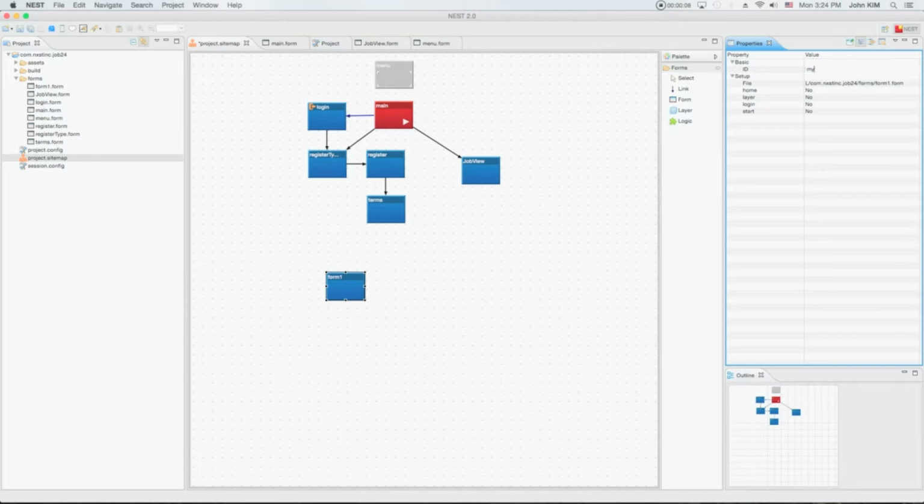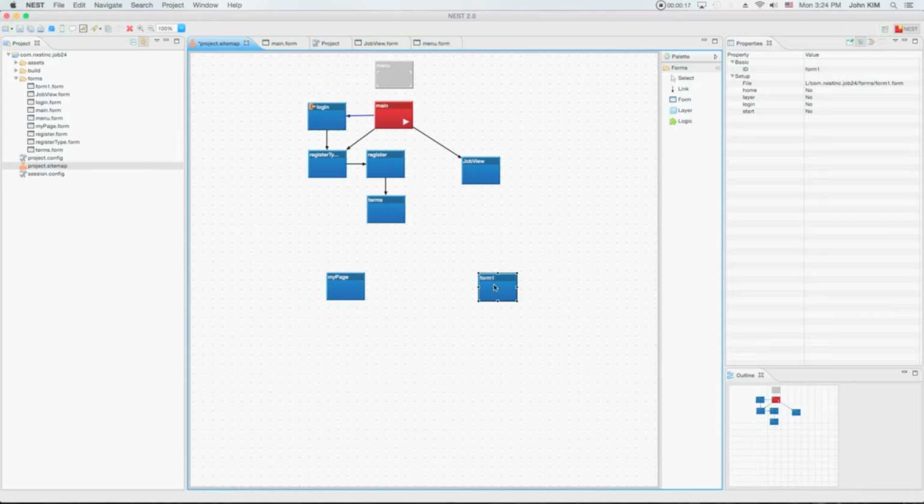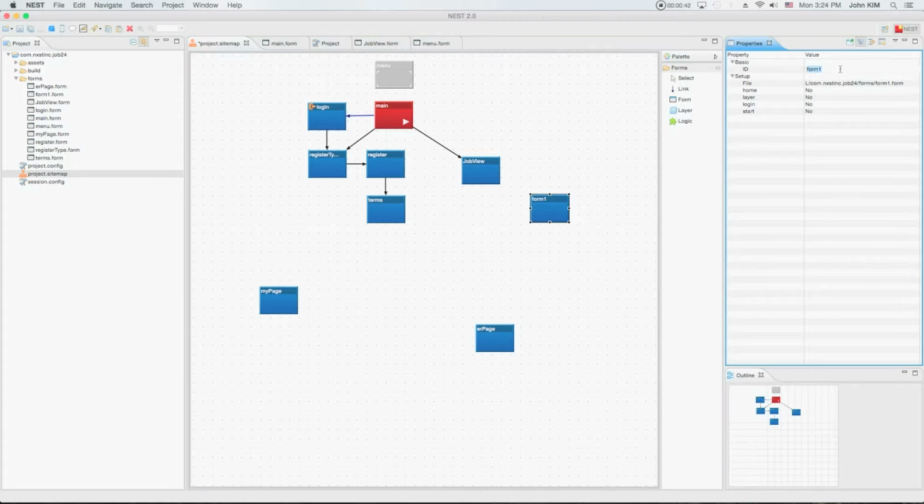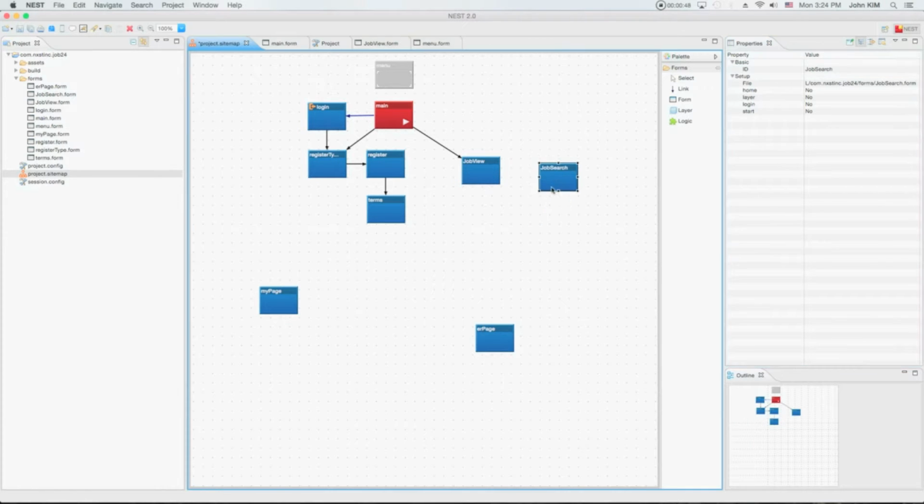Okay, and now I am making a new form, and I'm labeling it. I'm labeling the new form, and previously I made my page form just now, and now an error page form. The error page and my page are pretty self-explanatory. My page, ER page. That's what I'm assuming ER page stands for, error page, because that's the type of function it does. And job search and job view, all these forms, and these forms are all